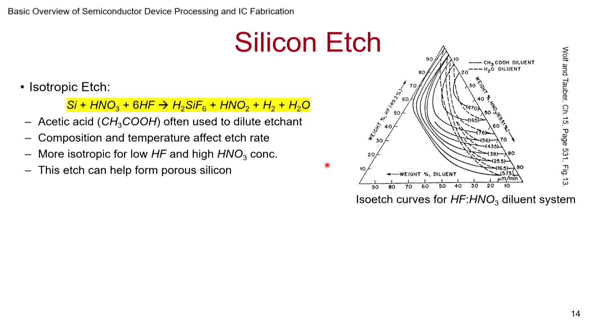But this is a very useful etch, and this is something you may want to know, as even if you are not working in VLSI directly, in areas like MEMS and other areas where you have semiconductor processing, you may find this information about silicon etch useful, and you may be able to apply it, because there is a wide window of operation: concentration of HF, HNO3, acetic acid, and the temperature. So all this you can use as knobs for the way you get the etching done.